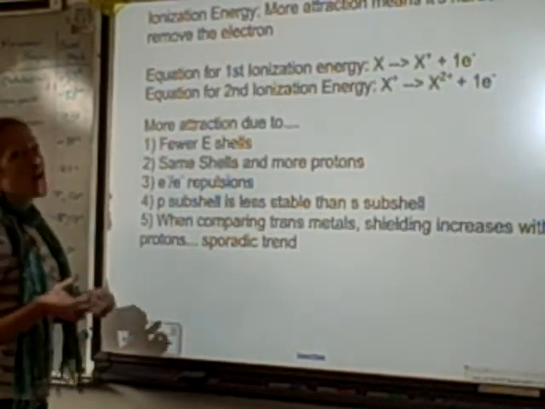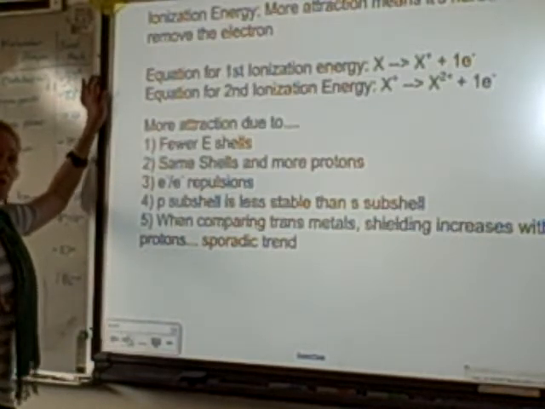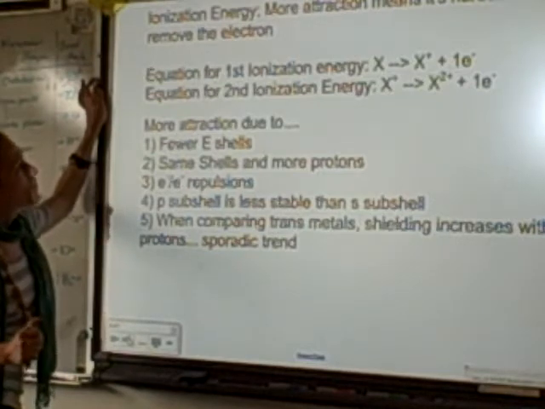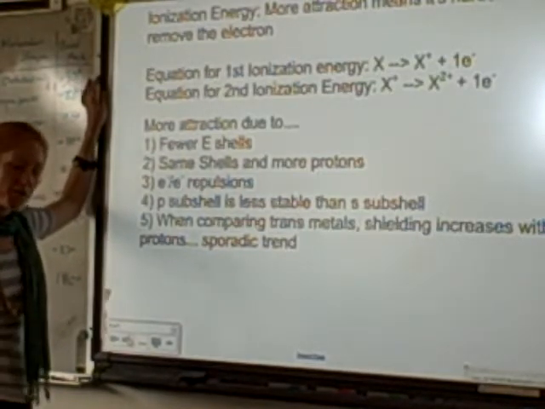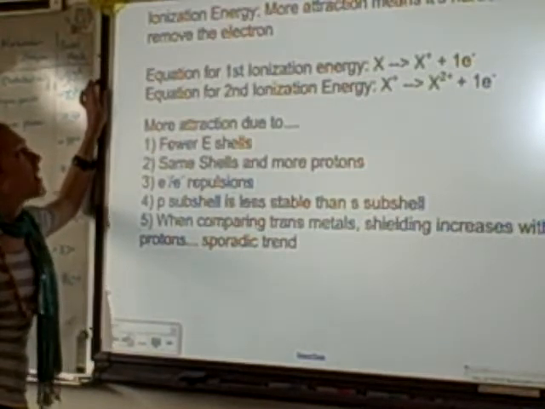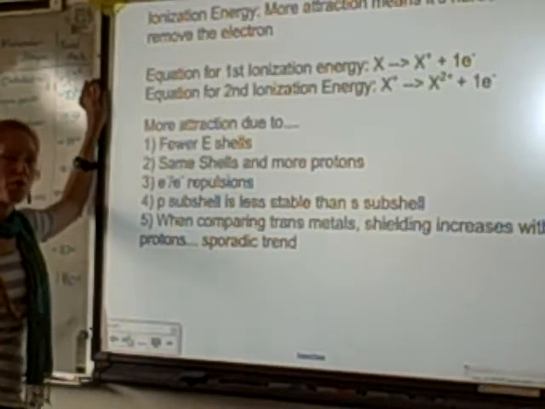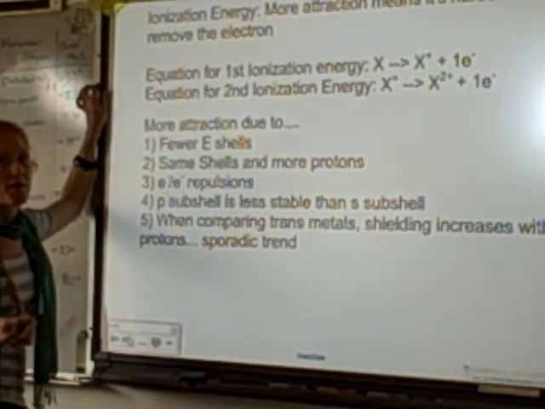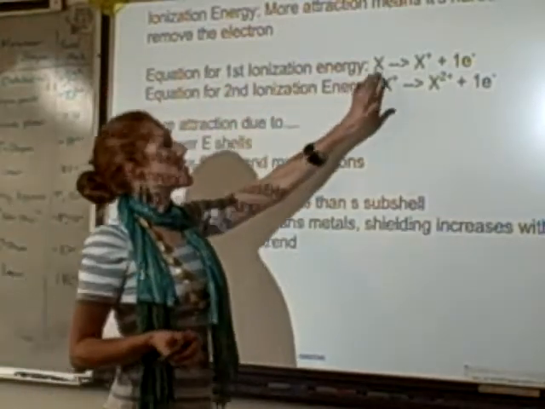Ionization energy. An ion is a charged atom, so we know we're going to do something with removing and adding electrons. It's all about the electrons. More attraction means it's going to be harder to remove the electron. And if you want the textbook definition, ionization energy is the amount of energy needed to remove a mole of electrons from a mole of gaseous atoms. Okay, so how hard it is to remove these electrons. So the equation that represents this, if you're ever asked,